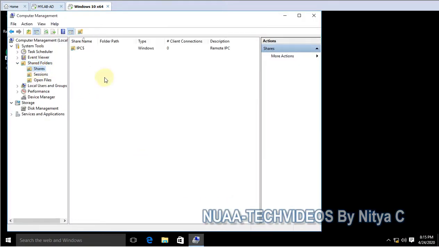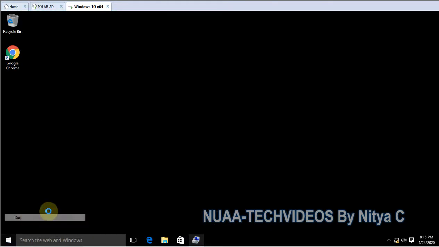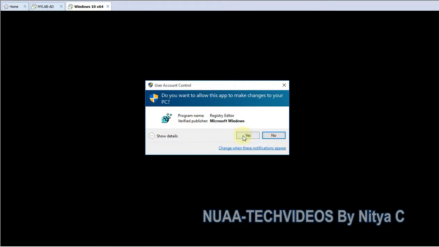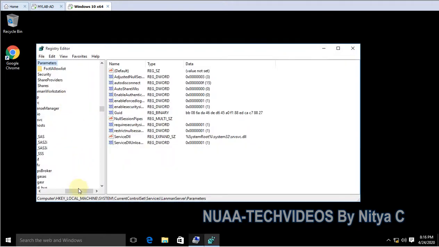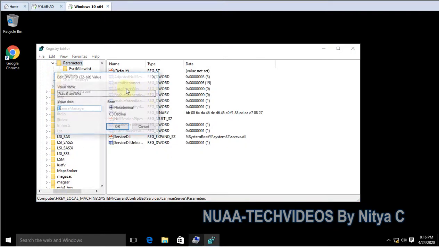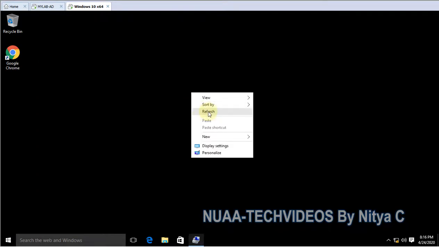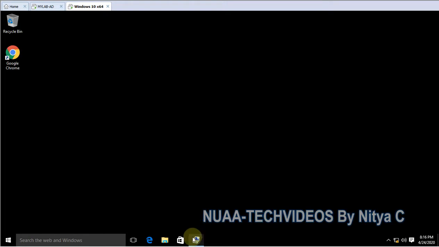Let's see the shares now. You can see all the shares are invisible, and let's verify the registry value as well. Okay, I've added it, then local computer. Here you can see this is created by default, and one more method we will see. So let me remove it.